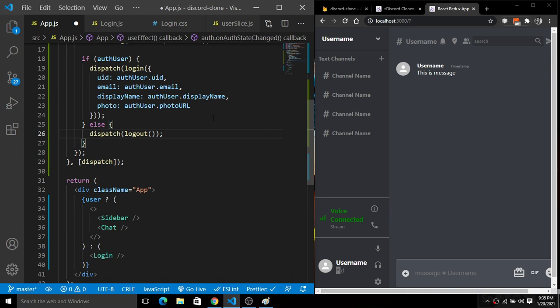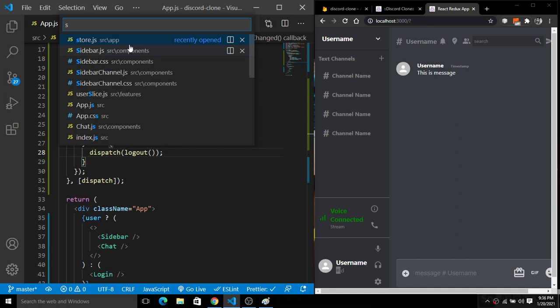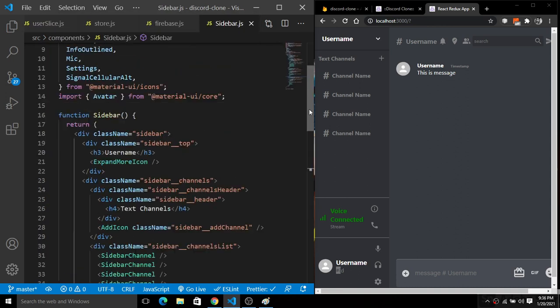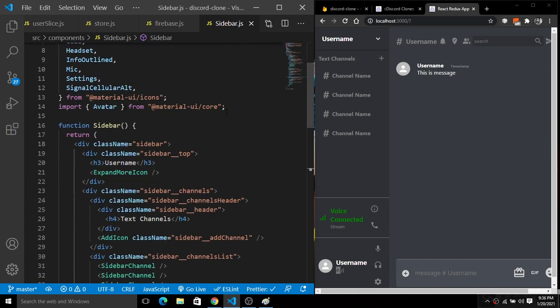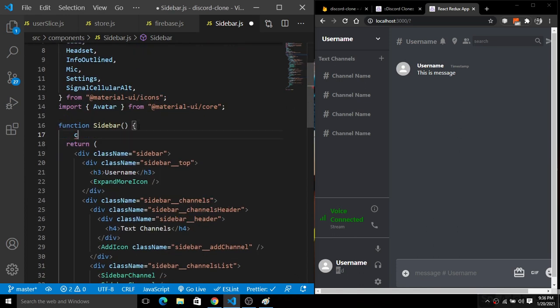Let's go back to the sidebar.js. Inside of this sidebar.js, I'm going to simply create a user object here.